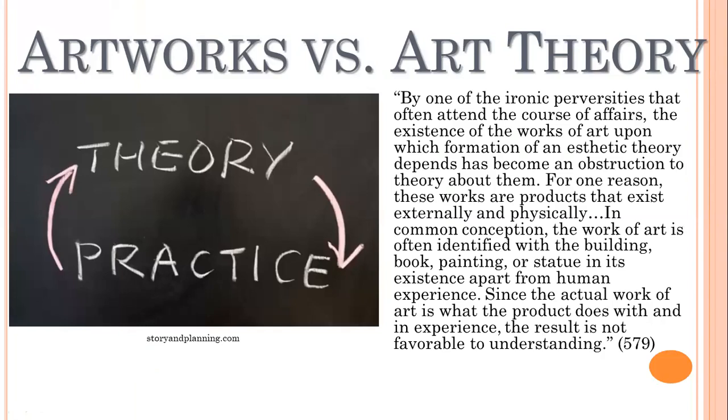Right off the bat, he wants us to distinguish between artwork and the product of art, okay? And as a theorist, he wants to set the groundwork right up front. What exactly does the theorist have to do? If we're proposing a theory of art and aesthetics, a philosophy of art, what are some of the issues? He's going to delve into more of them as we progress through the reading.